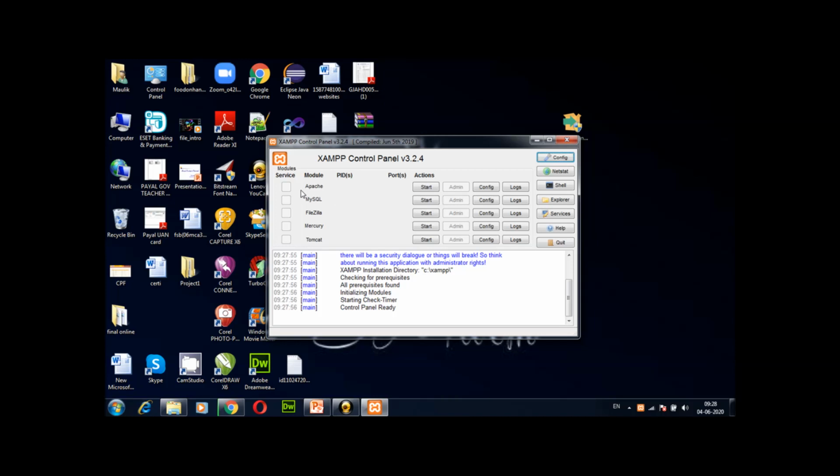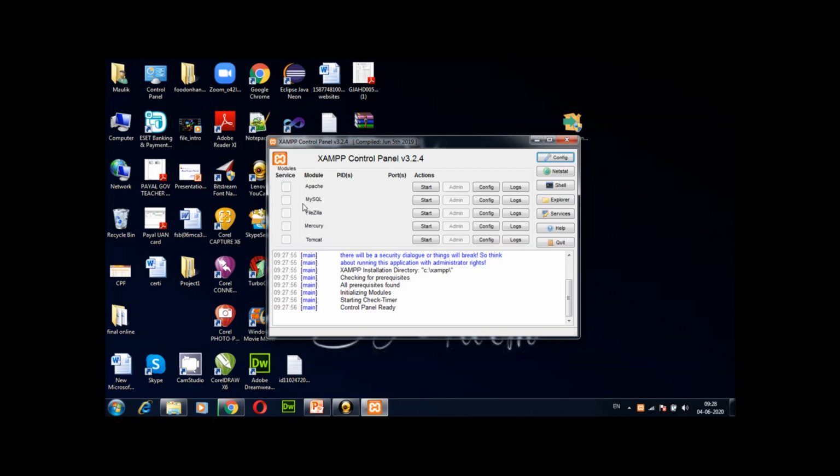One is the Apache service to handle our local server, to handle our web application which will request and respond through the Apache server. So it is compulsory to start the Apache service. And the second one is the MySQL service to manage a database in MySQL.